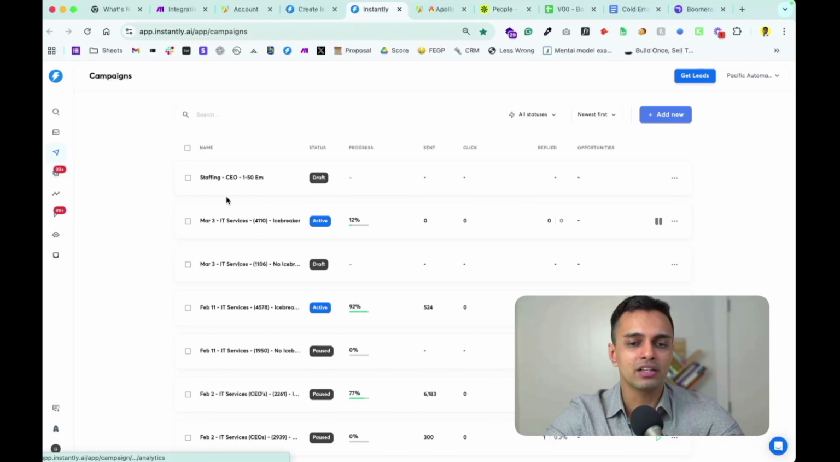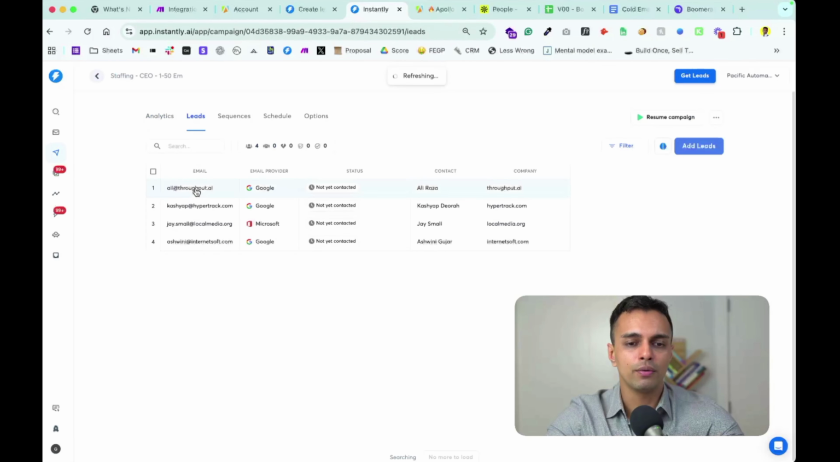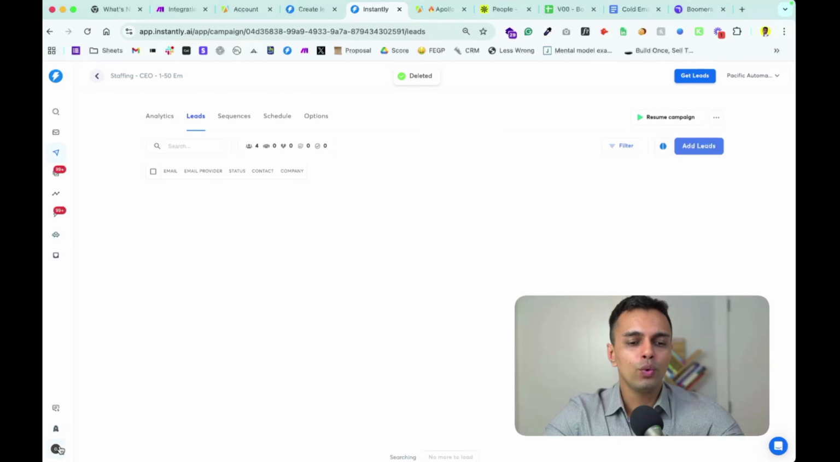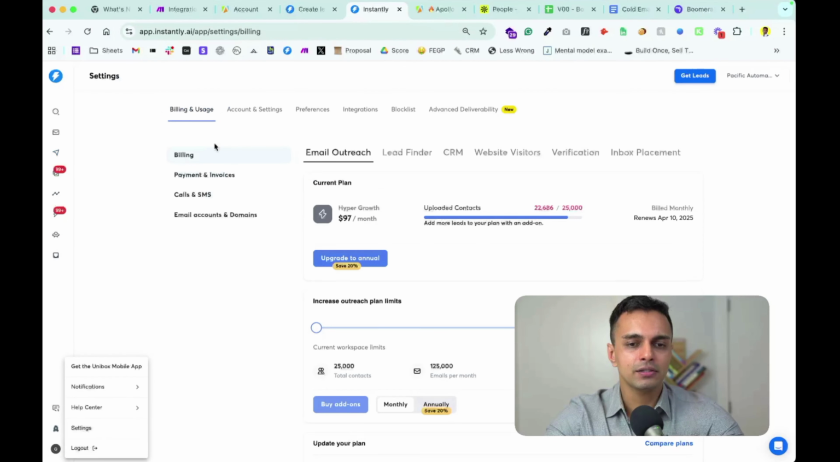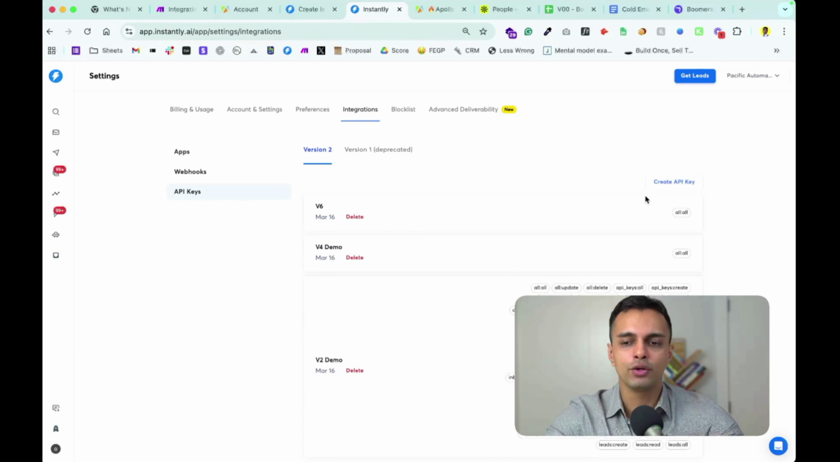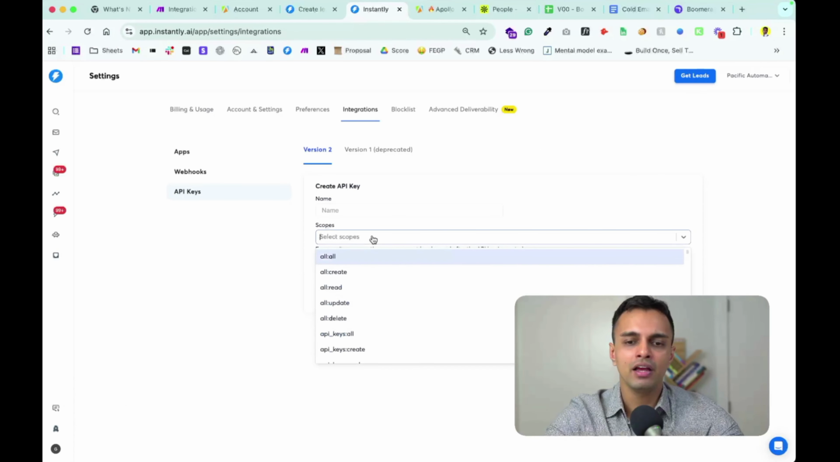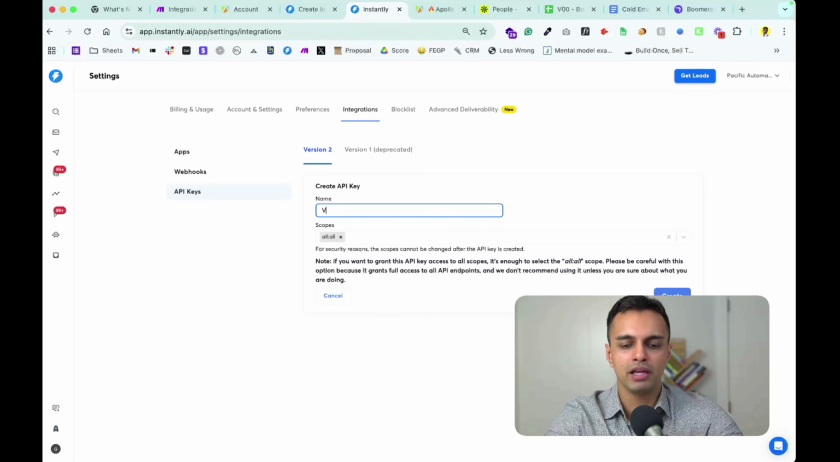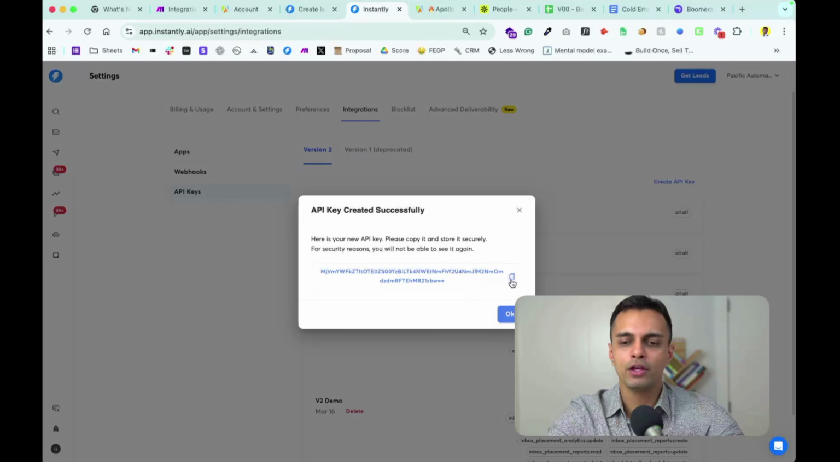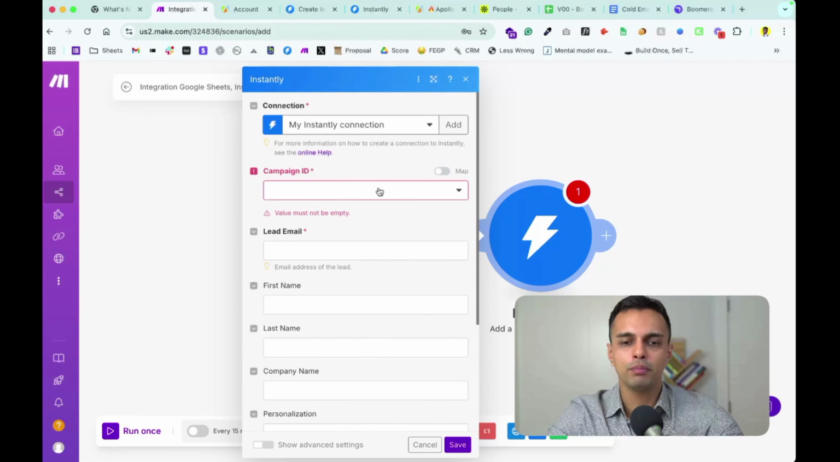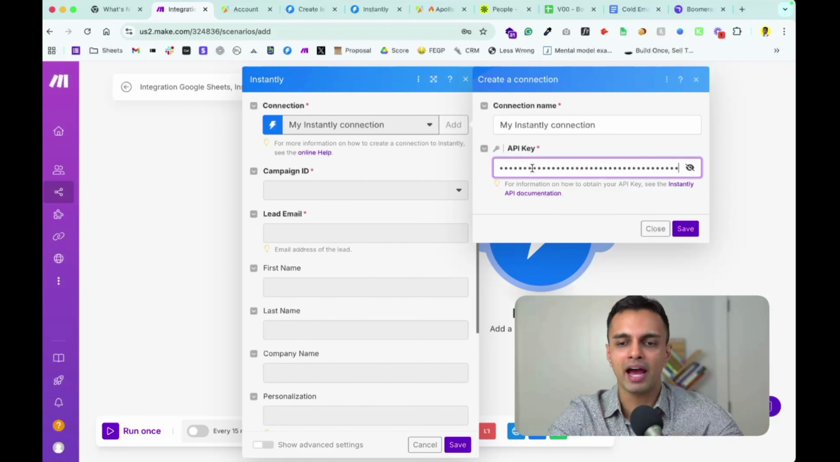If we go on Instantly, in fact, let me just delete the old list that we have just to prove a point. What you would want to do is you want to click on settings. You'd click on integrations, and then you click on API key. You come over here, you create an API key, use that scope. This will be V6 demo. You create a key, you copy this, you come into this scenario right here, you click on add, and you'll type in your new connection,